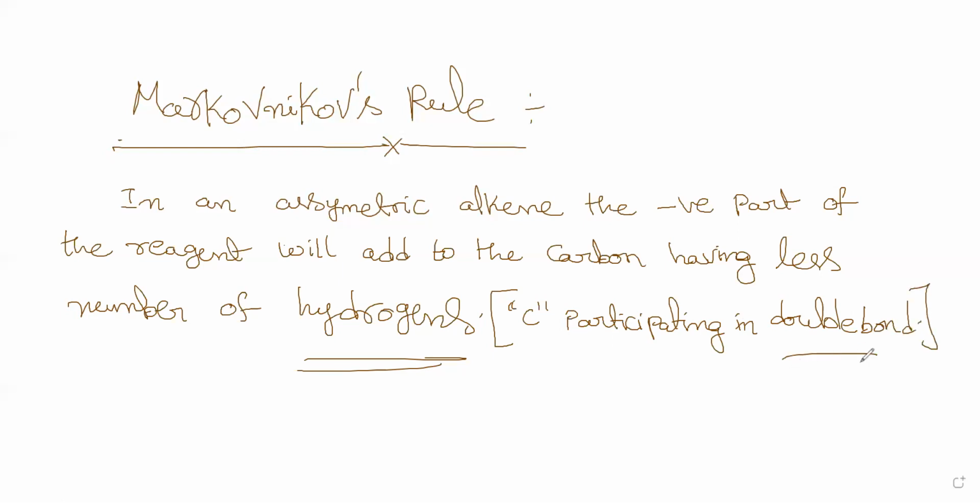So more explicitly, I'm telling, of course, the carbon which is present in the double bond will definitely have less number of hydrogens. That's very much understood. But to remove further confusion for the student, I am telling this also: look for the carbon which is participating in the double bond first, and then out of those two carbons, choose the carbon which is having less number of hydrogens. That's how you can go ahead with this. Now let us solve the propene issue using this particular funda of Markovnikov's rule.